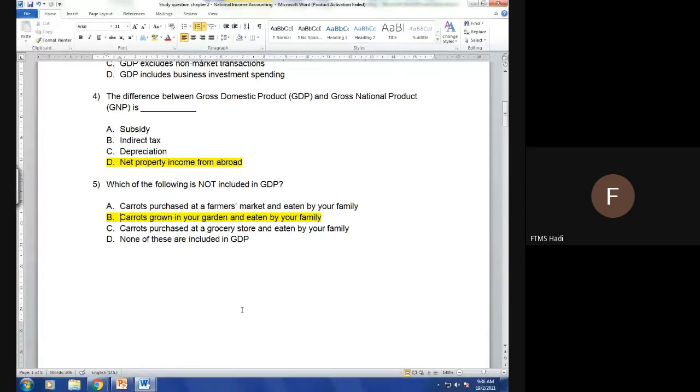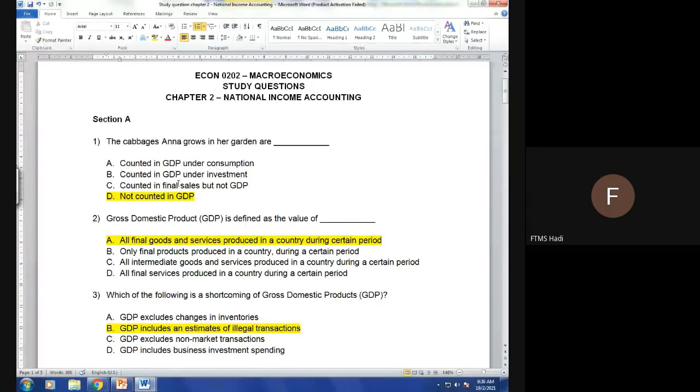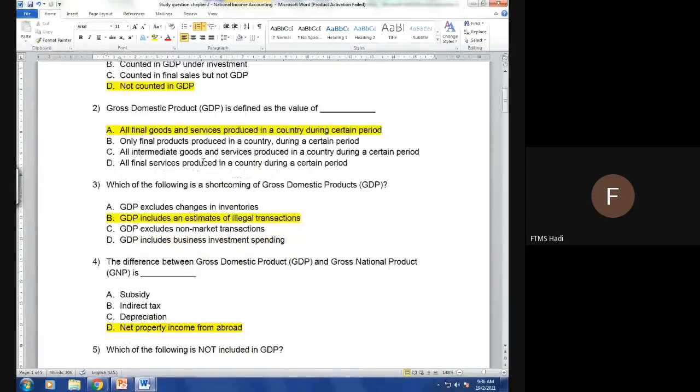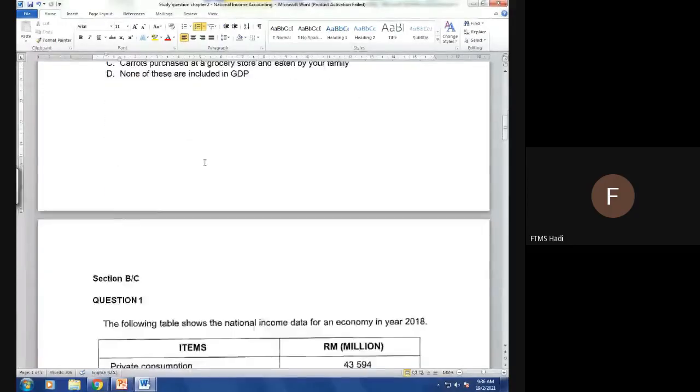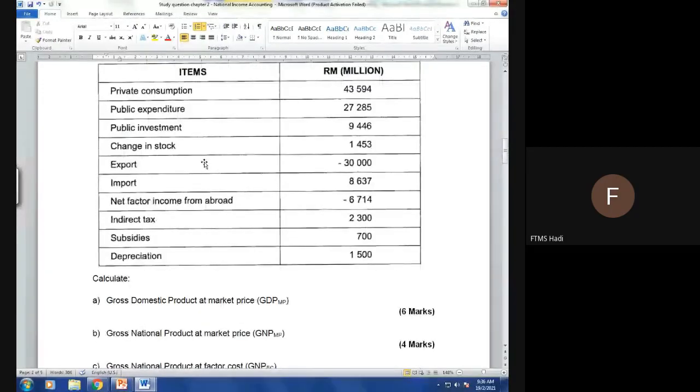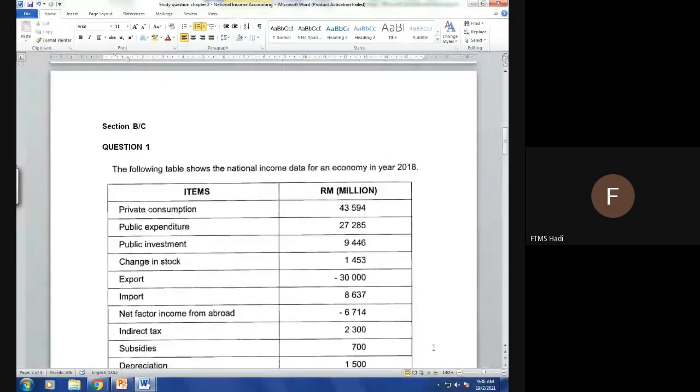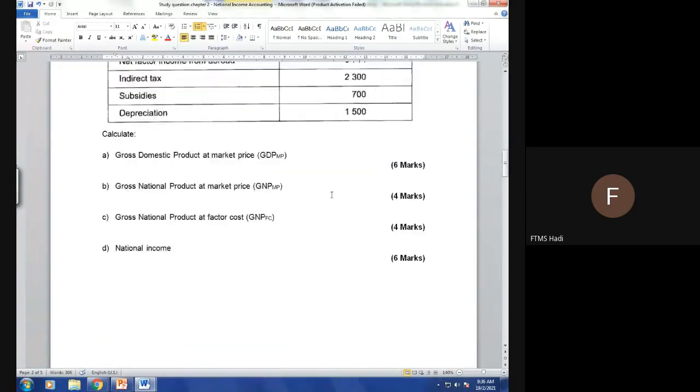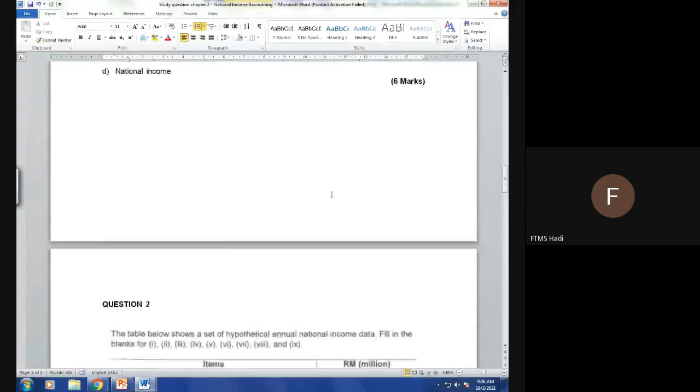Dia question dia sama lebih kurang macam atas ni tadi. Anak coverage dan anak gross. Kalau gross saja, that means it's not ready made. That means you cannot put that as your GDP. Okay, let's have a look at this one because this is included in the midterm. But I want you to understand the format first. Let's have a look at the question which is related to it.